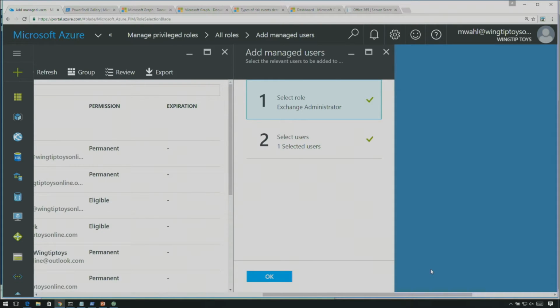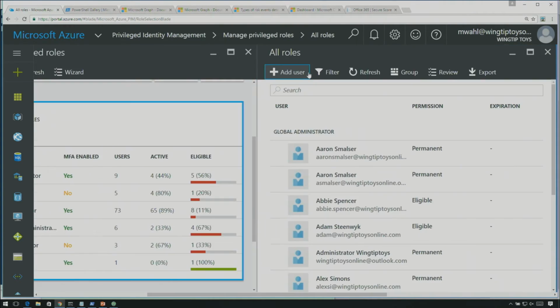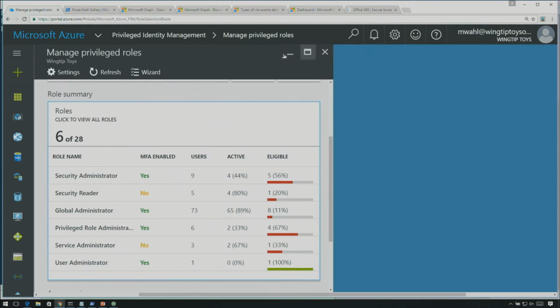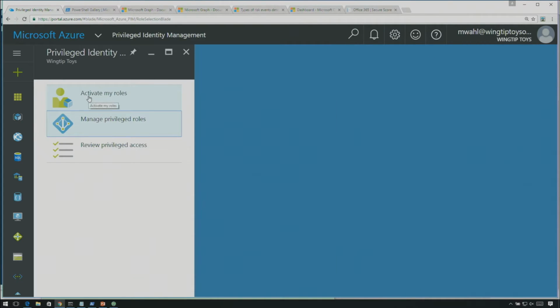If she needs to be a global admin, she can step up and become a global admin later, but perhaps she just wants to be an Exchange admin most of the time, or an Intune admin, or SharePoint Online administrator. So we have a lot of additional roles in the system you can manage through PIM. And of course, we have an experience here so that when a user, myself or Abby or someone else, needs